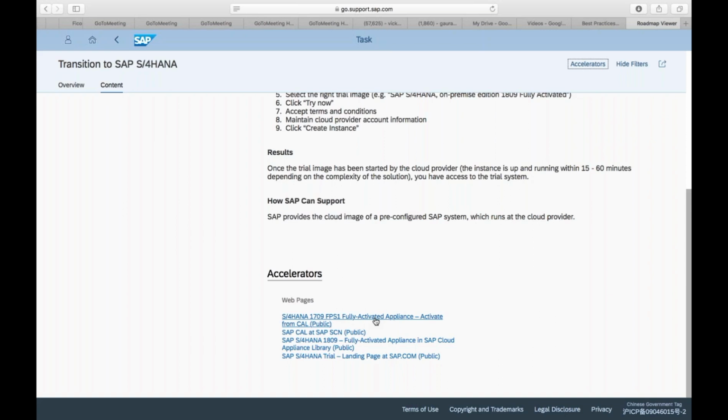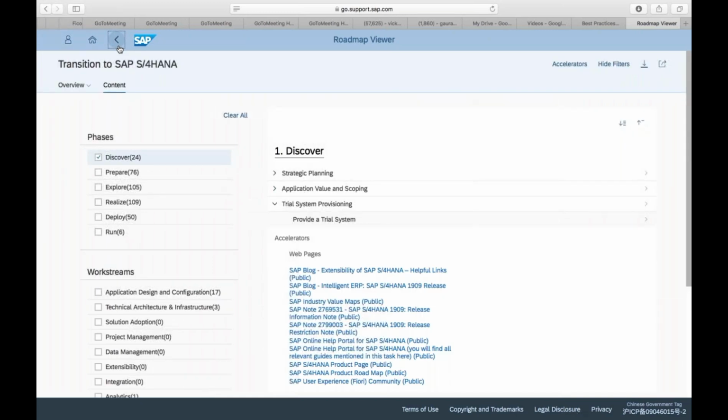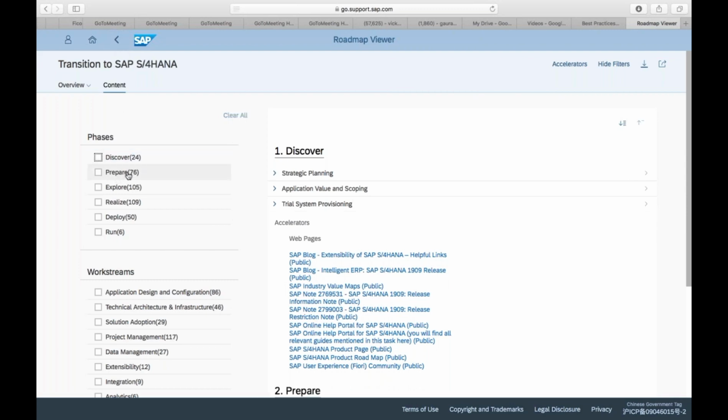So the cloud, whether it is AWS or Azure, they will definitely charge you if you want to go for this. But customers will not find it very costly. If a customer is really interested to see what is there in S4HANA, they will definitely go and buy this license. Okay, so this is for discover. This is for the customers to identify what I will get if I go for S4HANA. Okay, and then if a customer has decided, yes, I want to go for S4HANA, then it starts with the